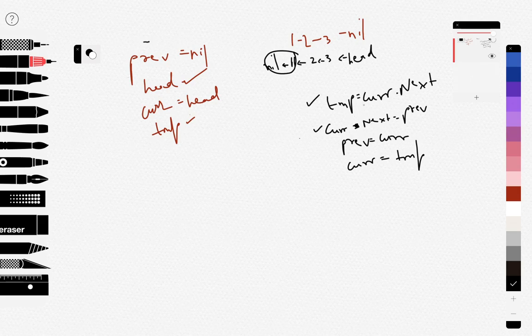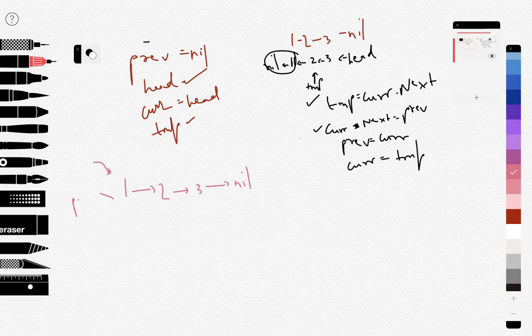So temp is going to point to current dot next. So what is temp? Temp is 2, or I should explain it here. Okay, so initially current is 1, previous is equal to nil.